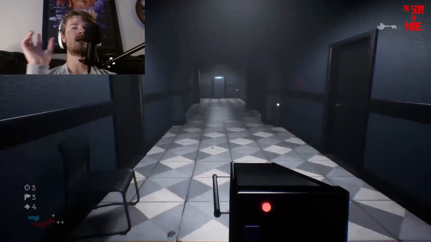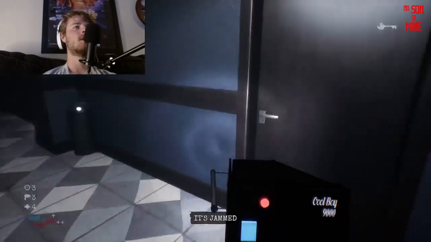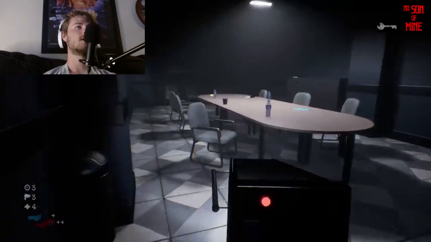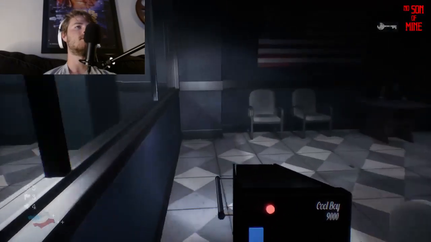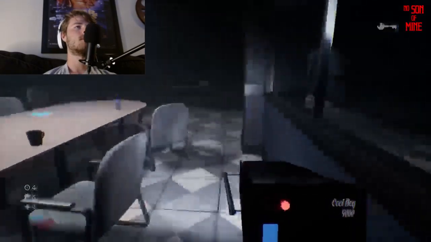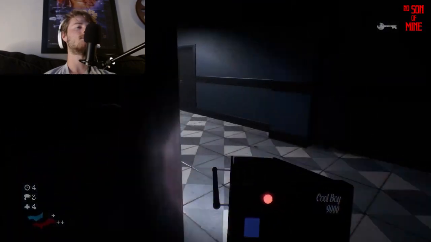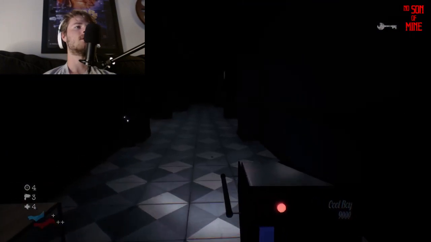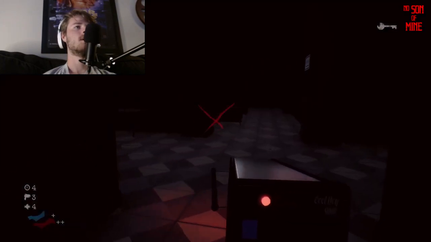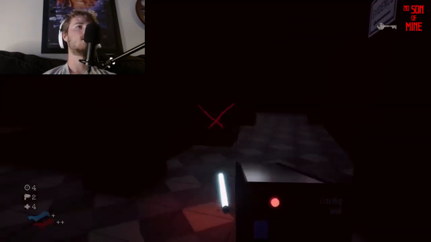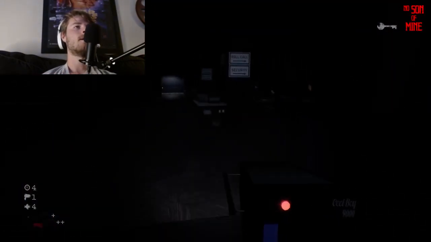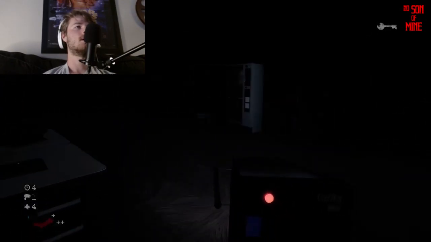There is this kind of staticky sound going on in the background. If you listen to the soundtrack by itself, you'll hear it. That is a little bit of a nod to the TVs that are in the game. If you play the game, you'll notice that there are some TVs in the game, and so the static is kind of a nod.